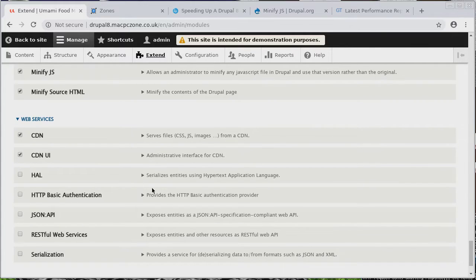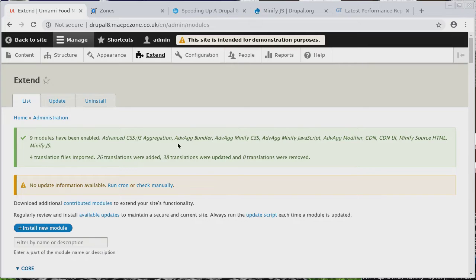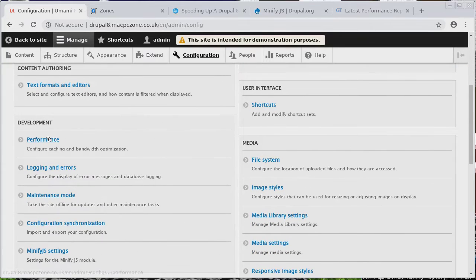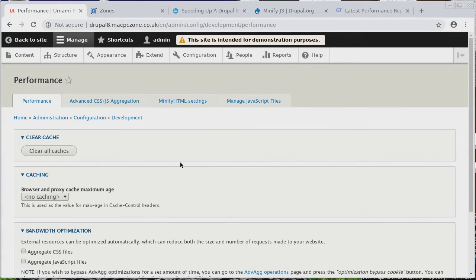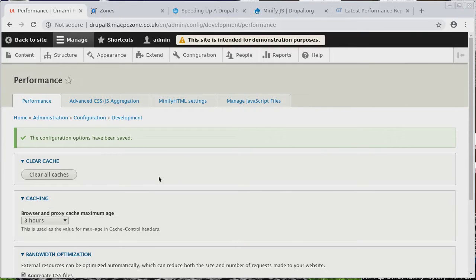Right, so you turn on the CDN as well, and so just install them. Right, so now if we go back to configuration and then into performance, so now we're ready to turn on as much as we can. So we save that, and then